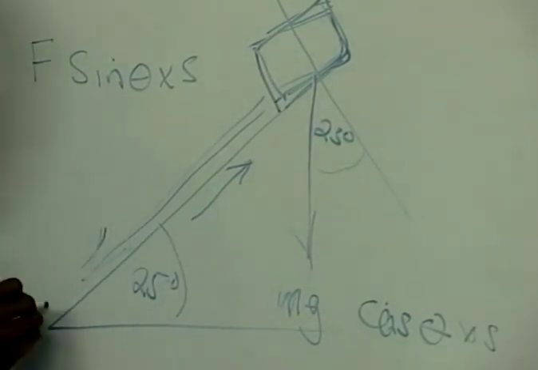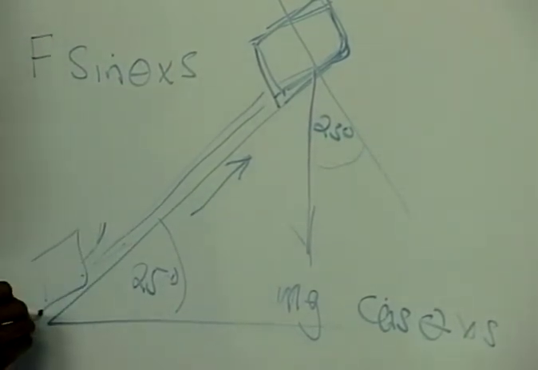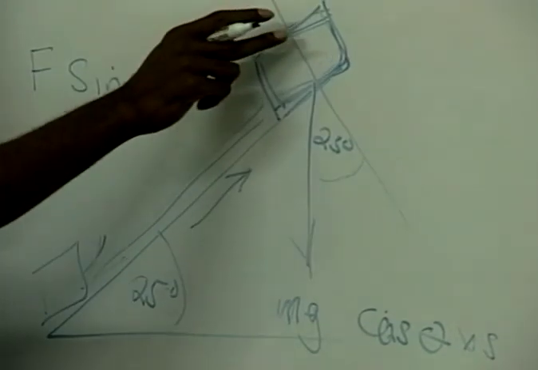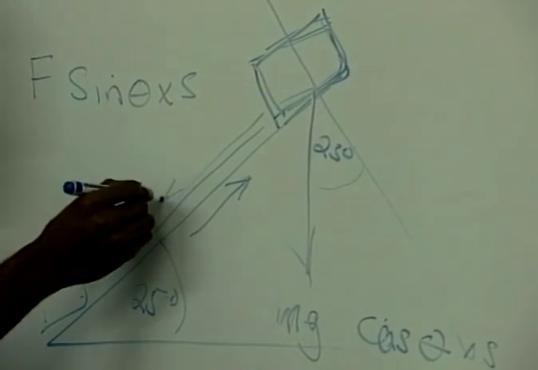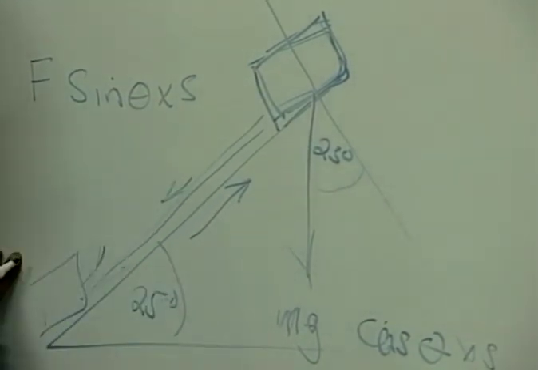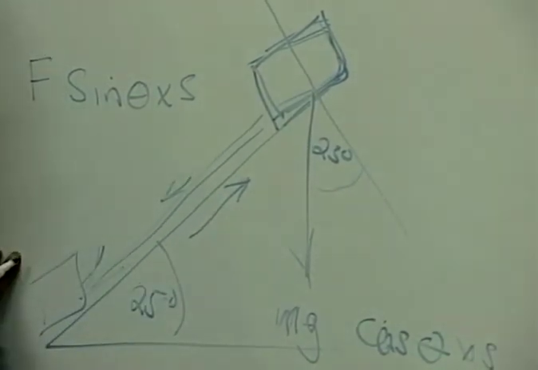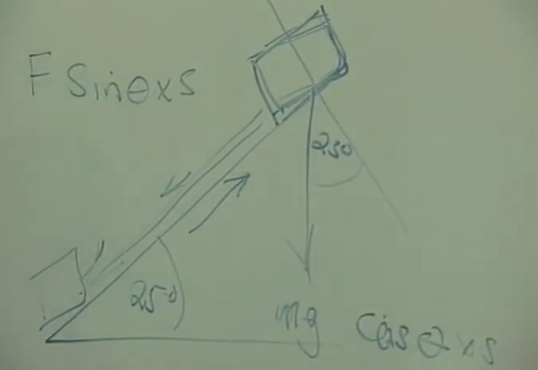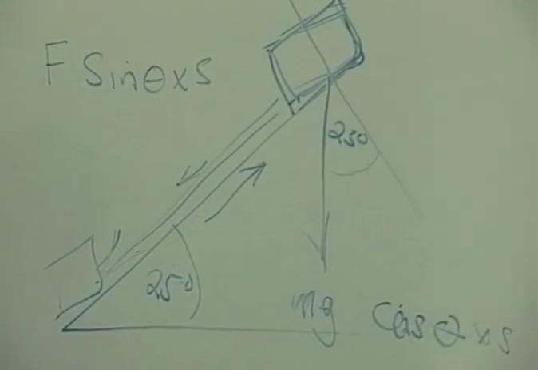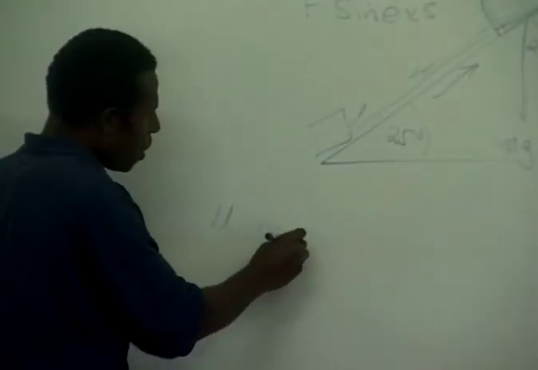Or if you decide to put this box down here and push it this way, there is always a frictional force acting downwards. That frictional force is sometimes constant for each of these objects or planes, and it is given by the small Greek letter mu,